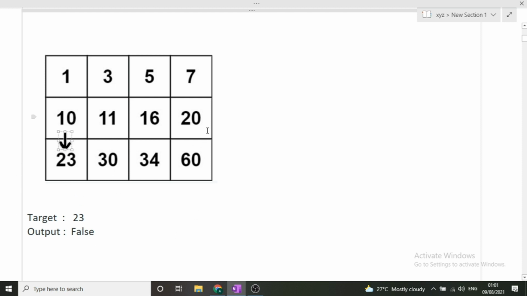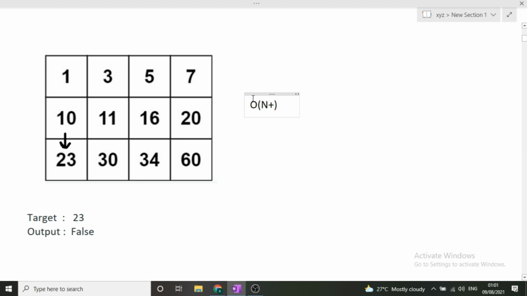So for finding, we start from here, and our element is found here, so what is the worst case of finding the element inside the matrix? That will be O of n plus m, that is number of rows plus number of columns. So this is the condition of the while loop only. The while loop will be running from 0 to n plus m, number of rows plus number of columns, and in between, if our pointer crosses the matrix either on the row side or on the column side, then we'll simply return false from here, that is, the element is not present inside the matrix.